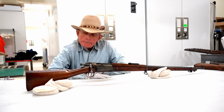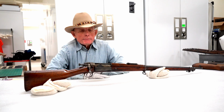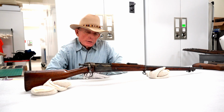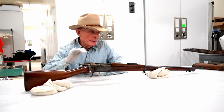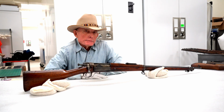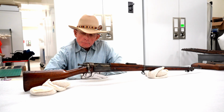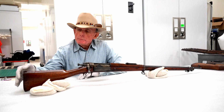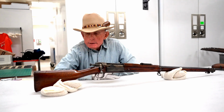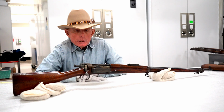The old trapdoor Springfield single shot, pretty much outdated technology, and in the trials of 1892 the Army selected this particular rifle as their long gun of choice, and the Colt .38 double-action revolver as the pistol to be issued to troops. So this was used by regular troops in the Spanish-American War, both in Cuba and in the Philippines, as well as the